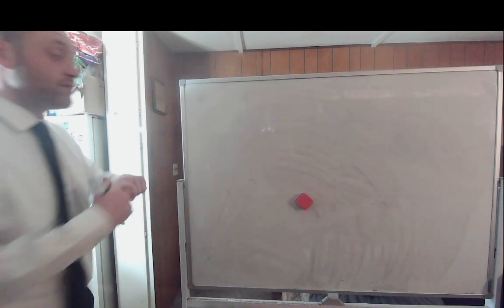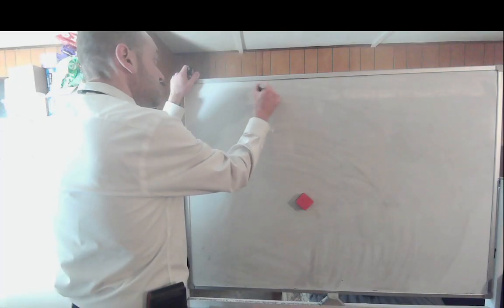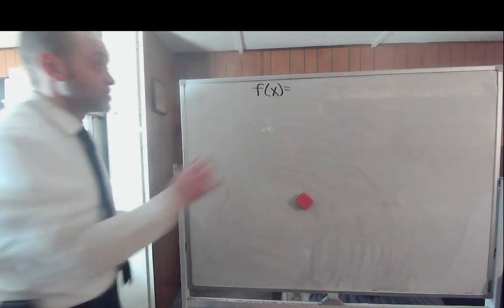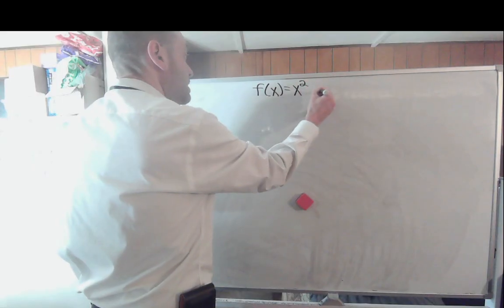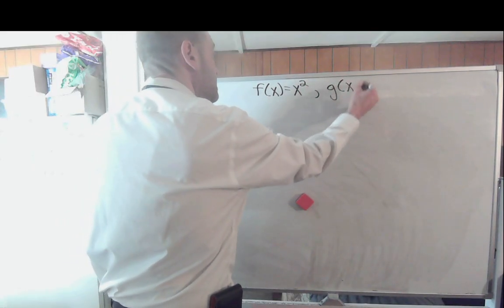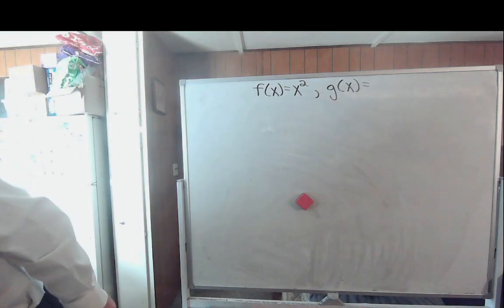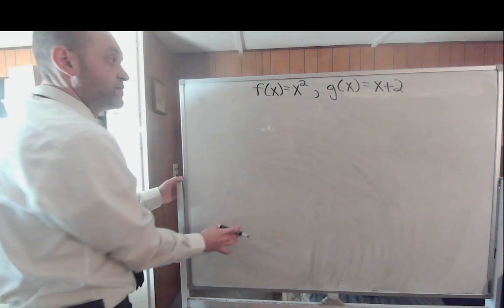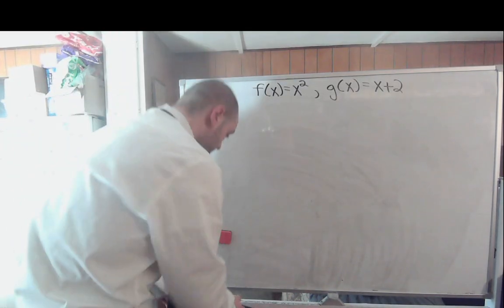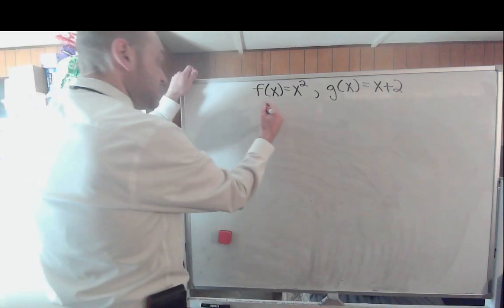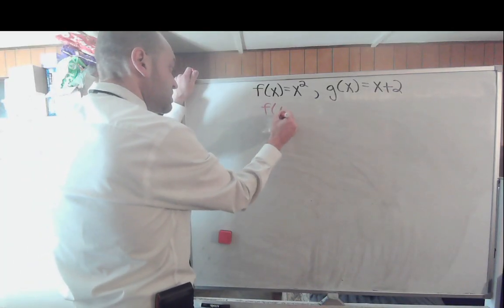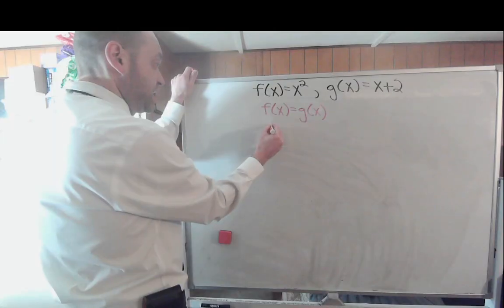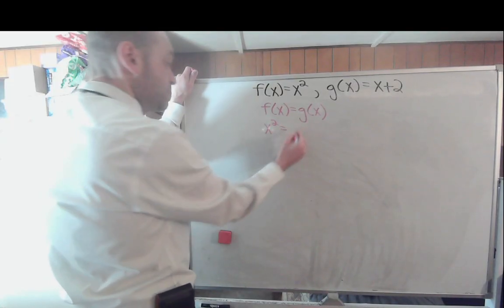Now let's find where f of x equals g of x. So f of x equals, in this case, x squared. G of x equals x plus 2. So we need to find all values of x for where f of x equals g of x. So let's set f of x equal to g of x, which means we'll take that x squared, set it equal to x plus 2,